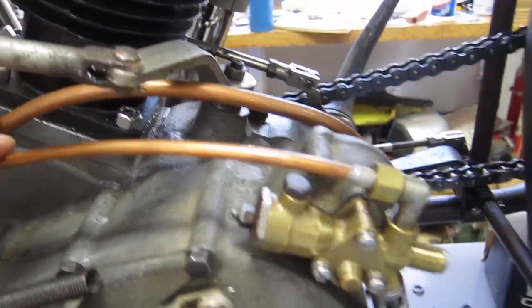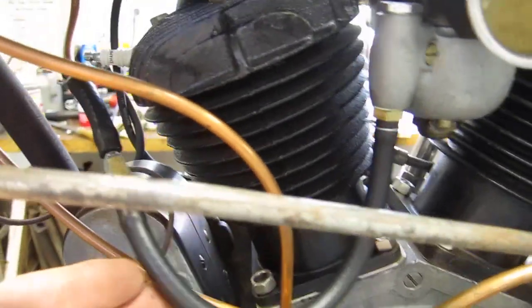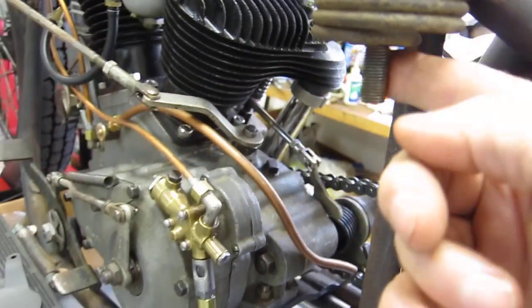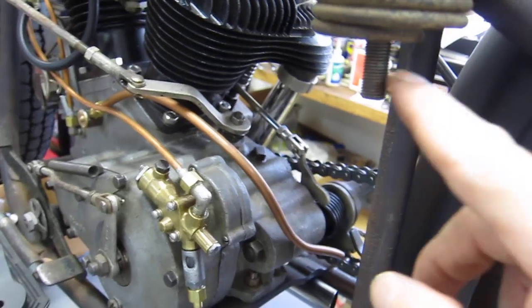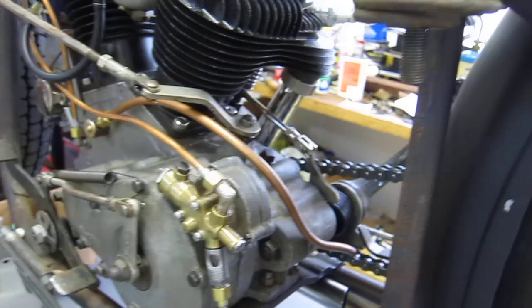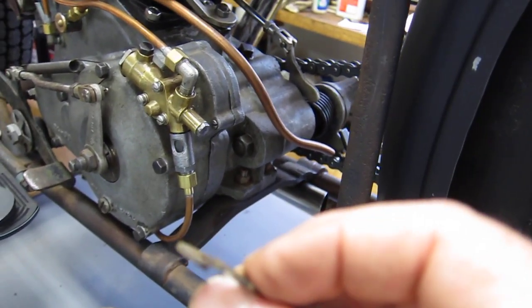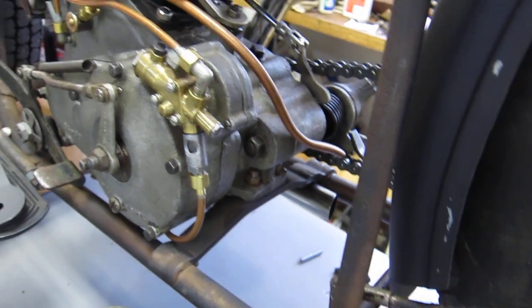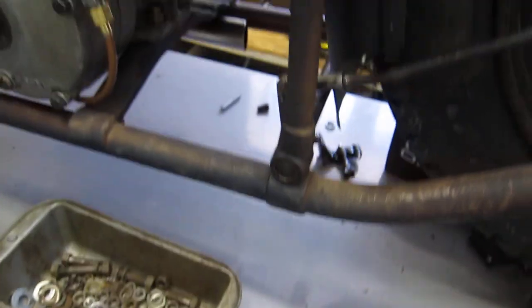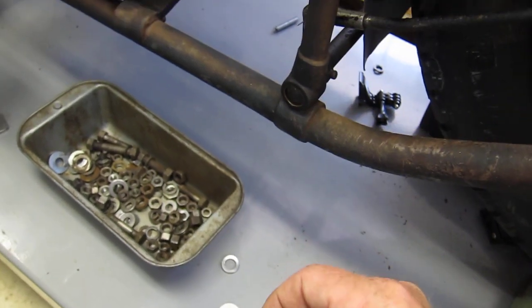Got my race prep, all my copper lines and a rubber line for the gas. We don't want that to break. I'm going to go around and start Loctiting all my nuts and bolts. This one already fell off riding it around the block, and I'm going to put some heavy washers. I love using old original hardware. However, this lock washer's kind of worn out. So love original, but I've got a thick washer here, a couple of them, and a modern stainless lock washer,